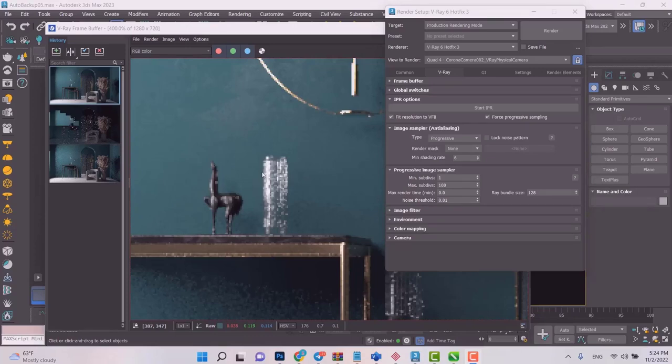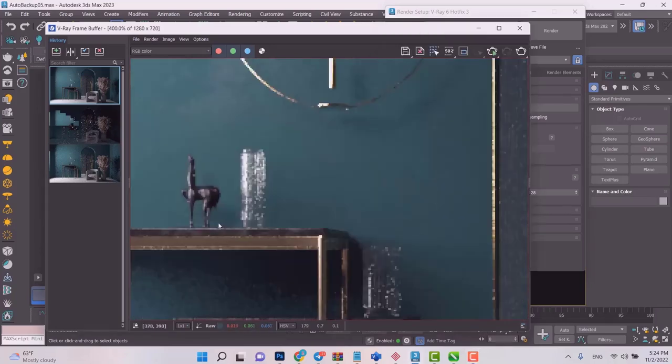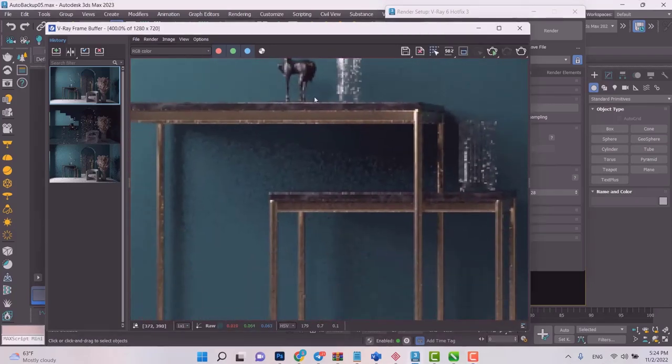So Image Sampler is responsible for all the calculations and all the data collection that is required for transforming our 3D scene into a 2D render image. Okay, so Image Sampler does all of that. Now if we go into our scene, there are places in the scene which are more complicated than other places.